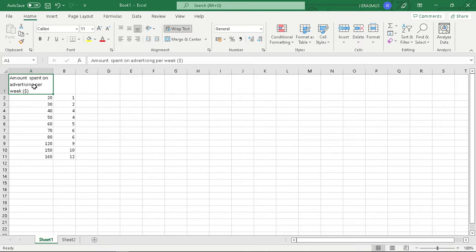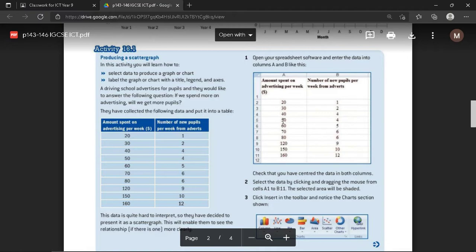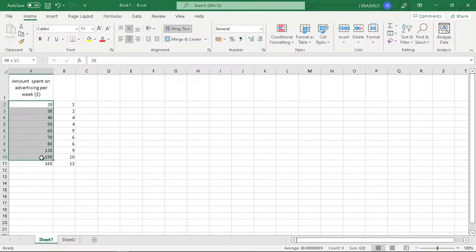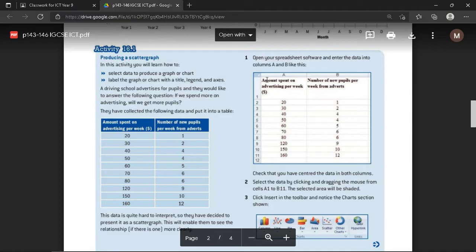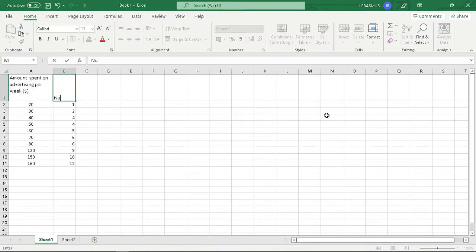But we will have to wrap this. That's when you make everything fit into this, and you can also merge and center, but we don't want to do that. And we just make it a little bigger, put it in the center, and center this as well. And it seems like this is also centered. In fact, it doesn't seem like this is centered, so only those results there are centered. So we're just changing all of that the same as there, so it seems like that was left aligned. Okay, that is left aligned,